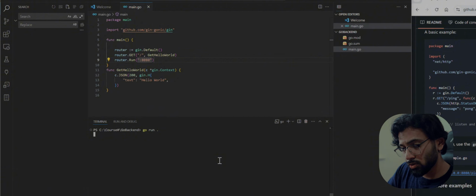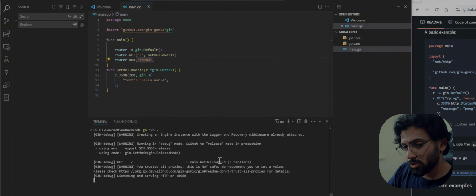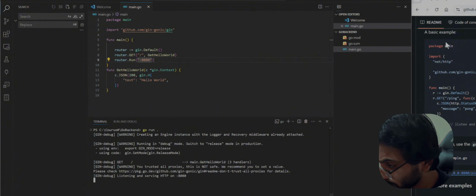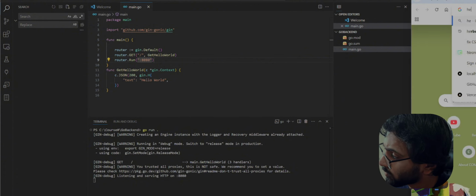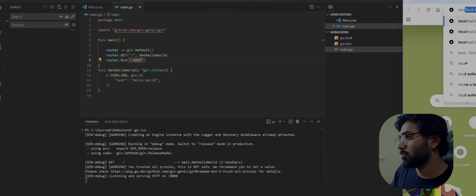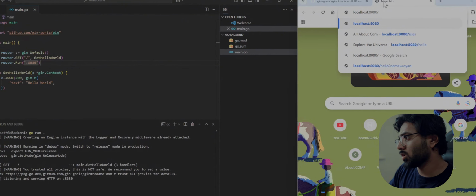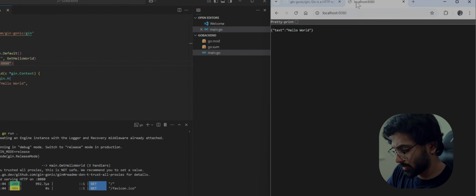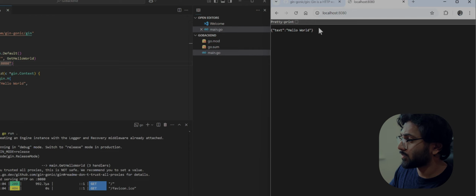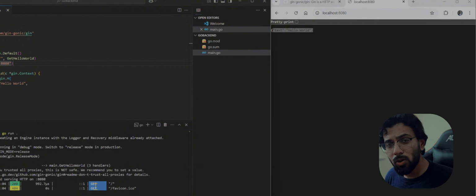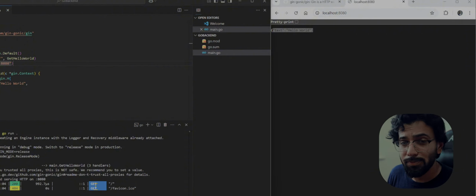If you go run dot, it should be running in the terminal for you. Amazing. Now if you refresh again, or we can go here, localhost 8080. It returns us the JSON response as hello world. That's all for part 1. Next part, we're going to create some separation, some separate